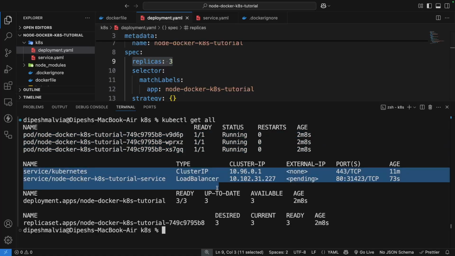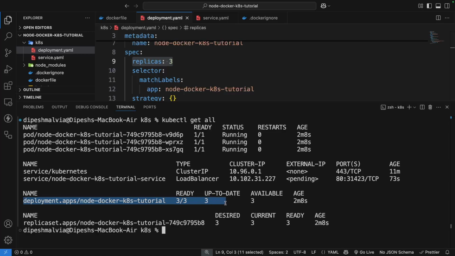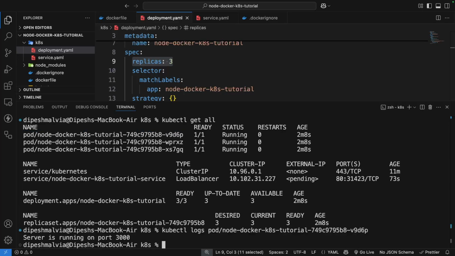It's going to give me the service information. So this is the service information, cluster IP and load balancer. This is going to give me the deployment information. All right, and if you want to see the logs of any of the individual pods, we can just use the kubectl logs and we give the pod name. So I'm going to copy this and I'm going to put it here and I'm going to hit enter,